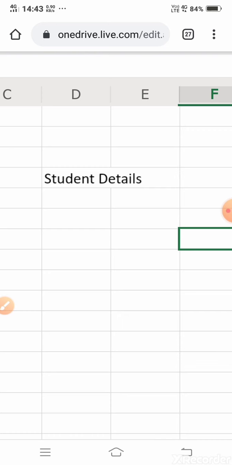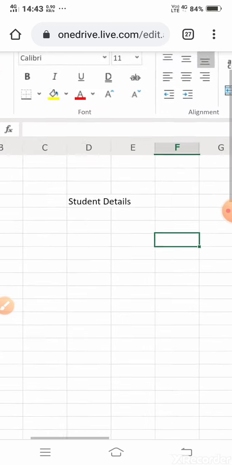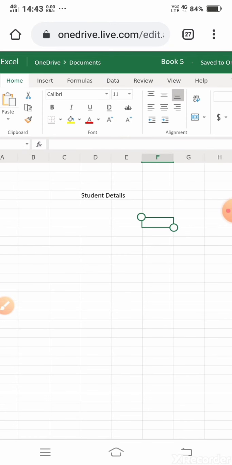For this, first I have to change the font and design. First select the cells you want to merge.